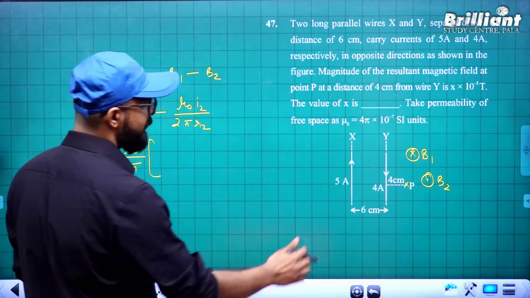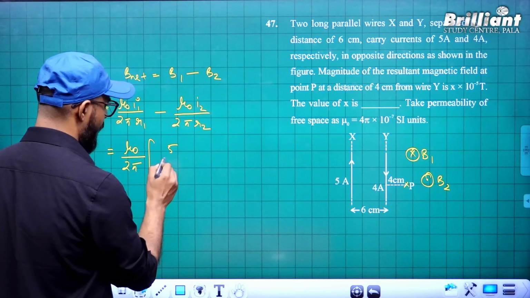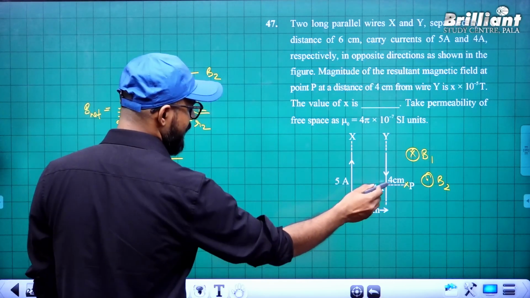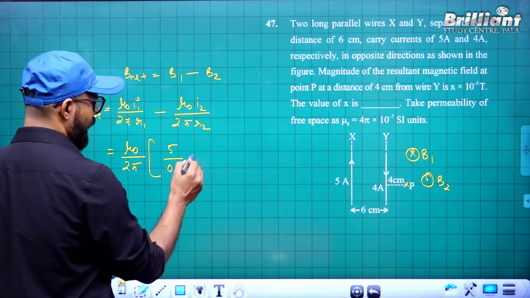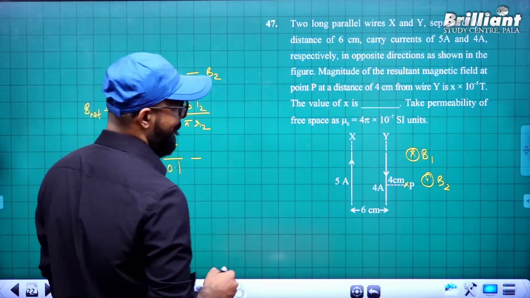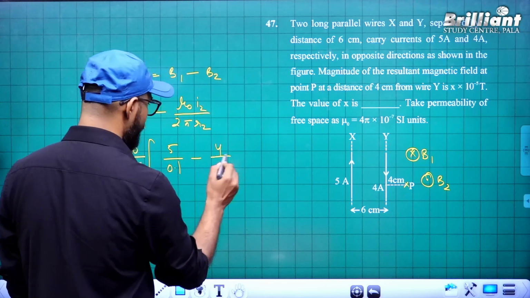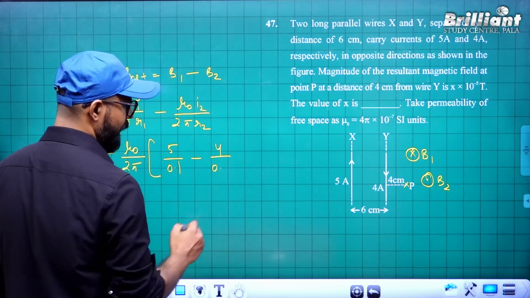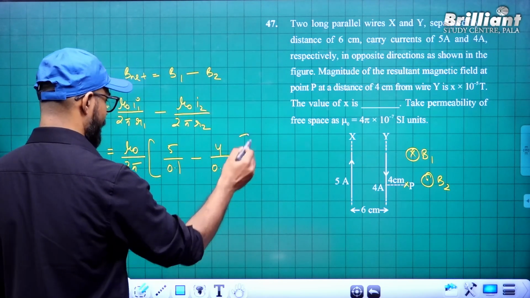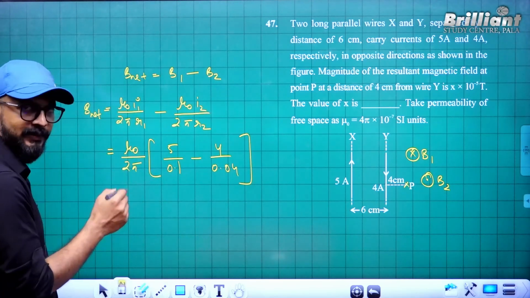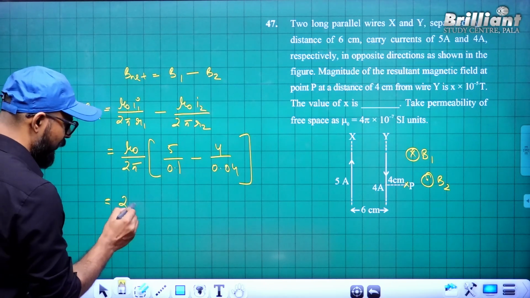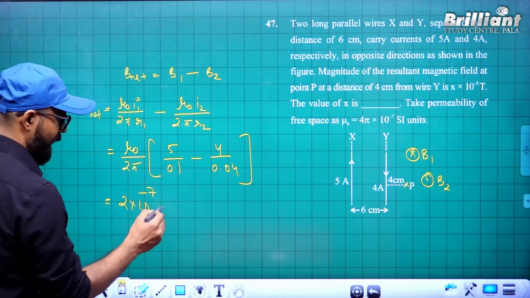So let us find what is I1, 5. 5 by R1. What is the distance? 6 plus 4, 10 centimeter. 0.1 minus 4 divided by 0.04. Mu naught by 4 pi, we know mu naught by 4 pi is 10 to the power minus 7. So this must be 2 into 10 to the power minus 7 into,